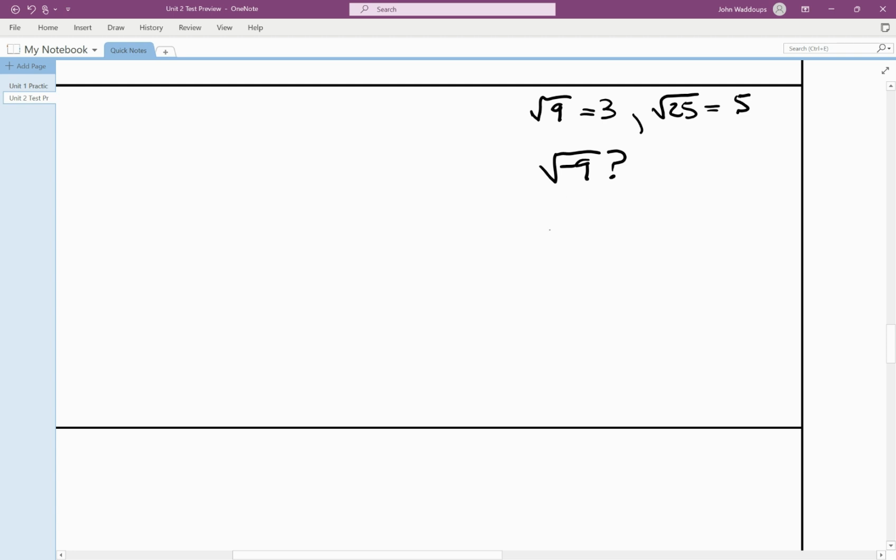Well, sometimes people go, well, negative 3. But if I take negative 3 times negative 3, a negative times a negative is a positive 9. So that's not it. Well, positive then, I guess. Positive 3 times positive 3 is also 9. That's not it. In the real numbers, there's not a number that if you multiply it by itself, you would get a negative number. And so we have to define